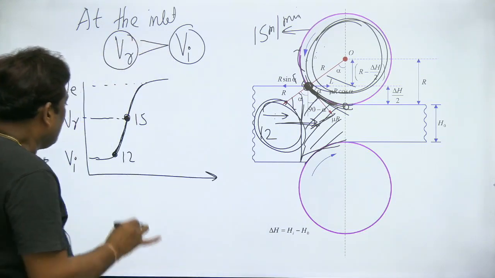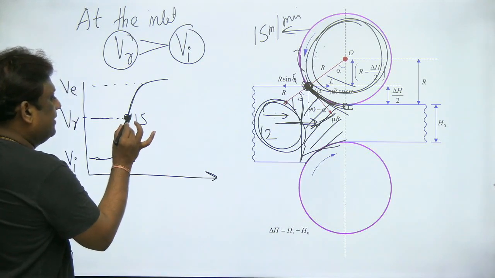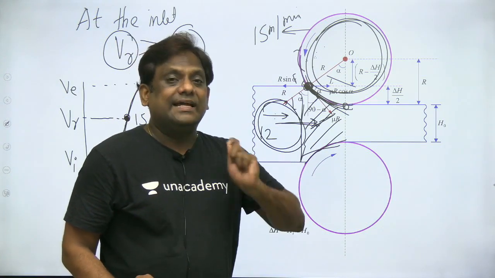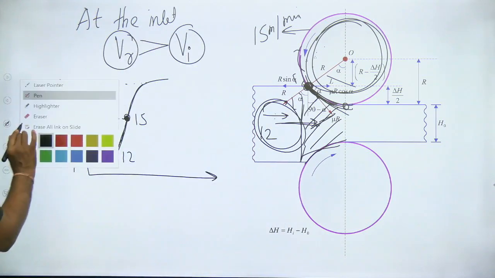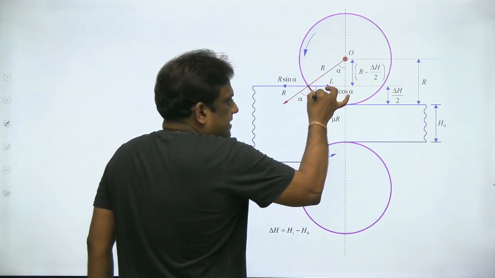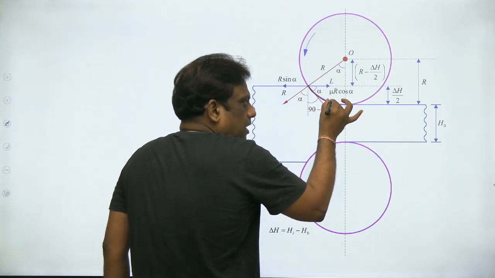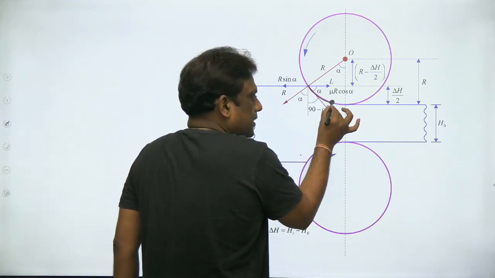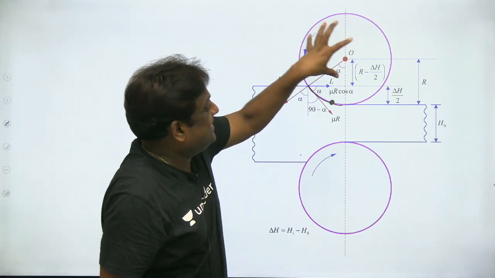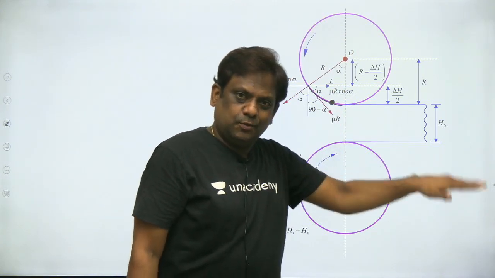So please note down that whenever there is a difference in velocity, we call it slip. But at the neutral point, there is no difference in velocity between roller and my component. The slip is zero. That is my neutral point. Please observe here. Slowly the velocity is increasing, and at some point it becomes equal to the roller velocity. That point we call the neutral point. After the neutral point, the roller velocity is less, and my component velocity is more because it is continuously increasing.